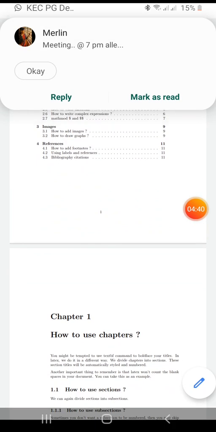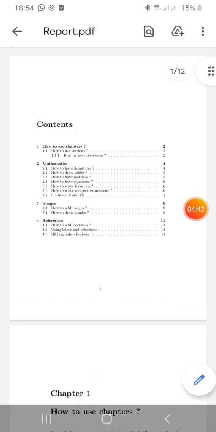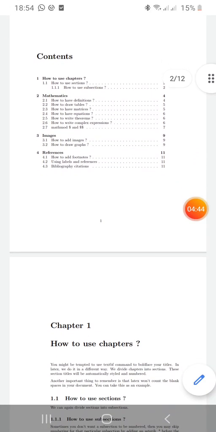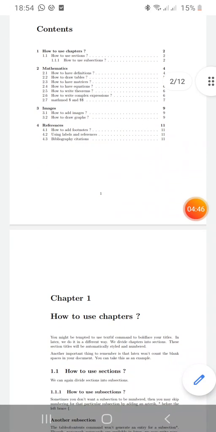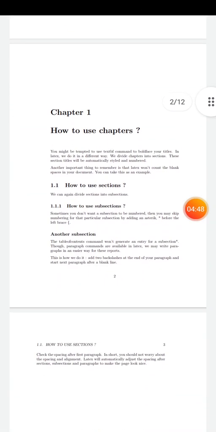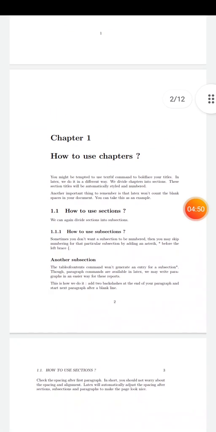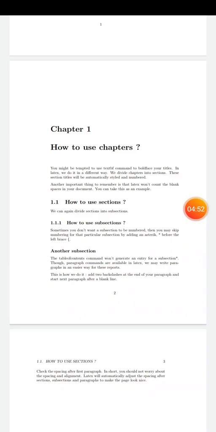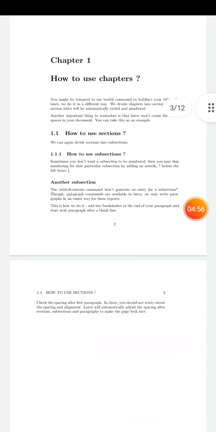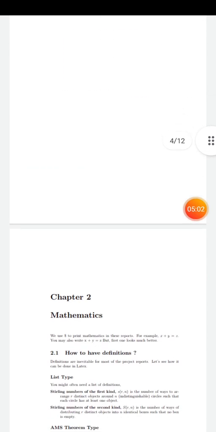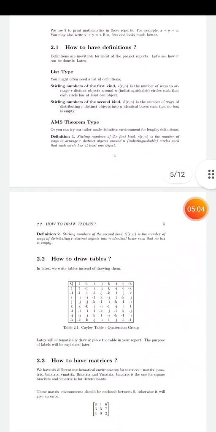This is our report. This contents page is auto-generated with page numbers, chapter. So this is chapter 1; we never wrote chapter 1, we just wrote chapter. And we wrote section, we didn't write 1.1. These numbers and the formatting are automatically updated, tables are drawn,